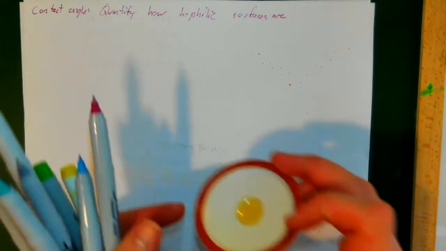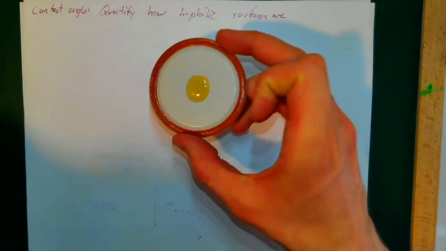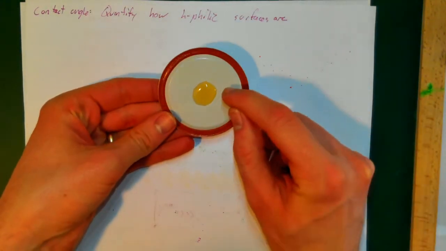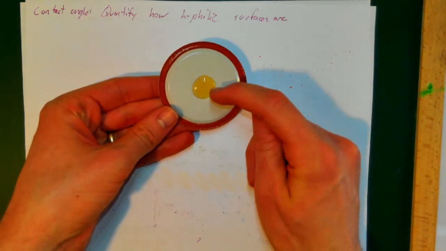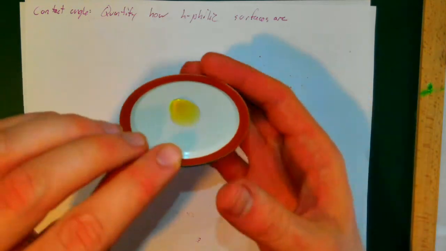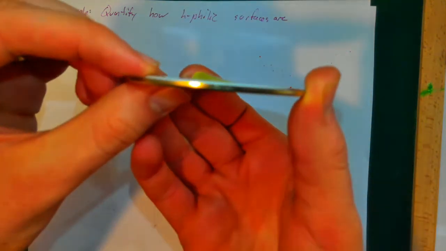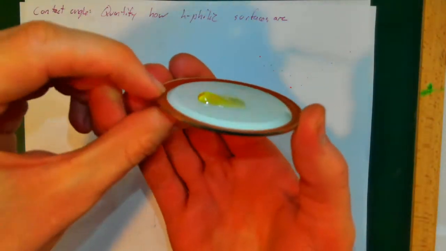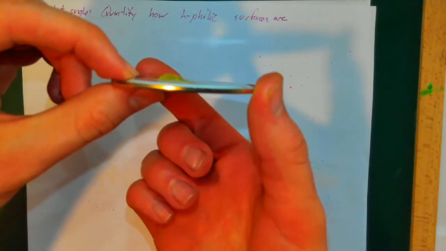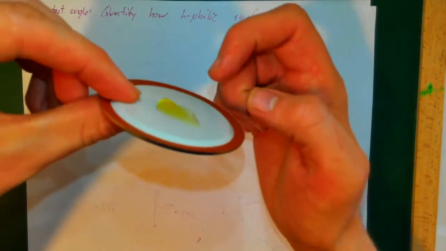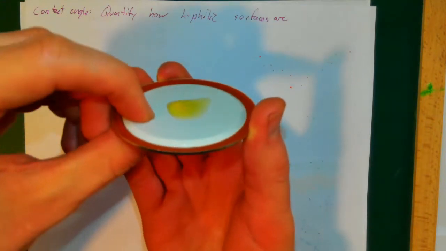So what do I mean by contact angle? Well, right here I have what's actually a lid to a canning jar, but on this I've put a blob of honey, and if you look at this from the side, you'll see that the honey stands up from the surface a little bit. I'm sorry, it's running all over the place, so forgive me for being vertical instead of horizontal, but you can see that there's an angle formed between